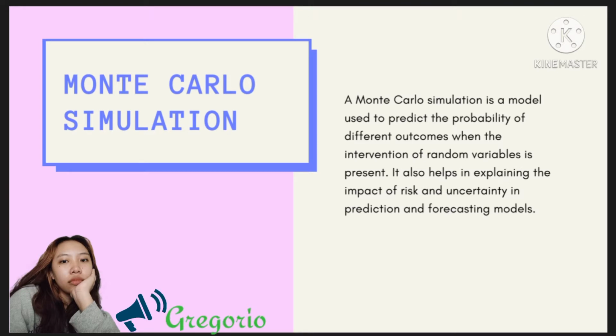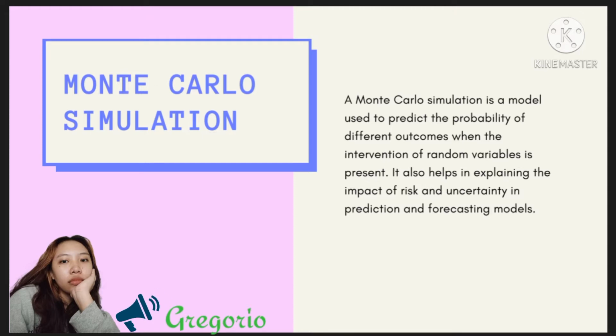What is a Monte Carlo simulation? Monte Carlo simulations are used to model the probability of different outcomes in a process that cannot easily be predicted due to the intervention of random variables. It is a technique used to understand the impact of risk and uncertainty in prediction and forecasting models. A Monte Carlo simulation can be used to tackle a range of problems in virtually every field such as finance, engineering, supply chain, and science. So it is also referred to as a multiple probability simulation.